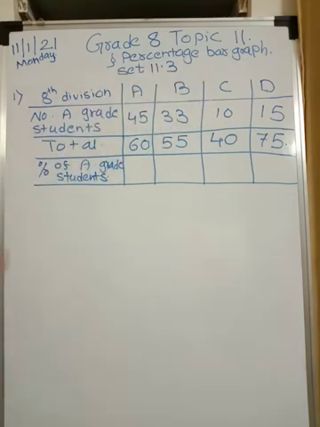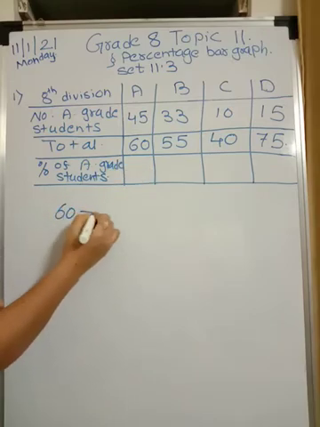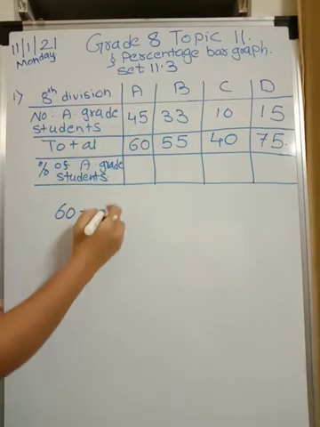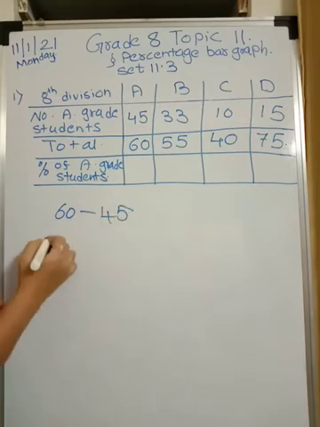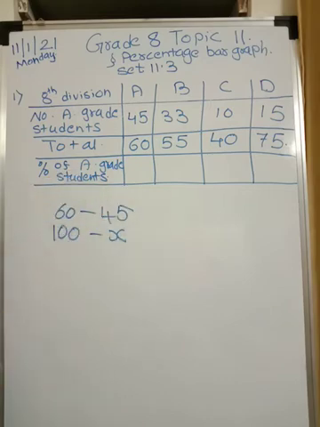Alright. Now last row which they have not given, but you should be adding that. Without this you will not be able to draw percentage bar graph. So please add this percentage of A grade students. We have to find percentage first. Now what I said, out of 60, 45 have received A grade. Just see how to calculate percentage. Out of 60 students, how many got A grade? 45 got A grade. So if 100 is the student, how much students have got A grade?